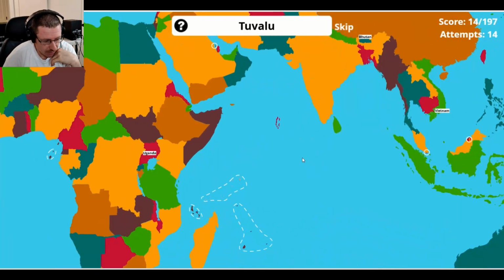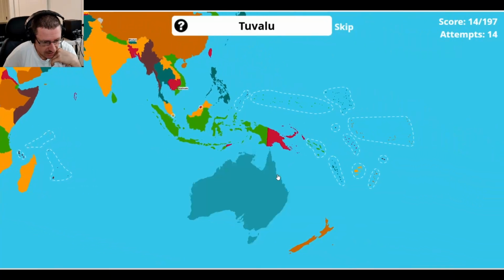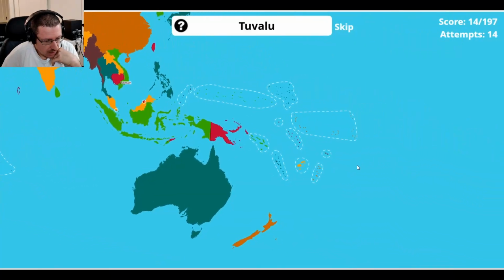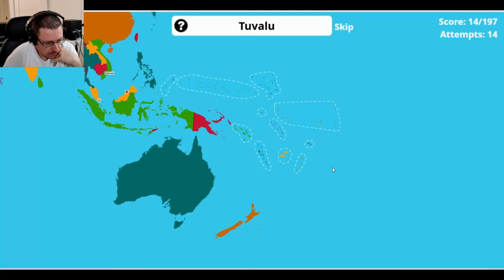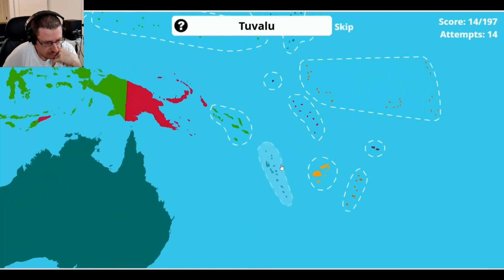Tuvalu. Oh, all right. Now we're getting hard. Tuvalu is oceanic. Okay, Tuvalu. So this is what I was saying earlier. This isn't what I'm used to seeing the geography on here. The thing that I'm used to is a little bit different, but I believe it's right here. I'm going to go here. I might be wrong. All right, Tuvalu. Tuvalu is the least visited country in the world, and it's also the second flattest.